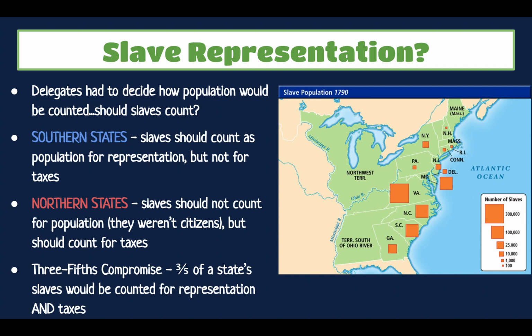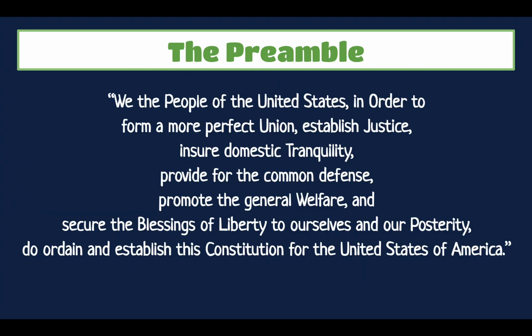So the Three-Fifths Compromise essentially balances these two views: the northern view that slaves should not count for a population, and the southern view that they should count toward a state's population for representation. So two compromises that kind of settle these debates between large states and small states, between northern states and southern states. And so what we end up with is a new constitution to govern the United States, which begins with this very famous preamble, these goals that the new constitution sets out to accomplish. And it's still this constitution with some changes, as we will see, that governs the country still to this day.